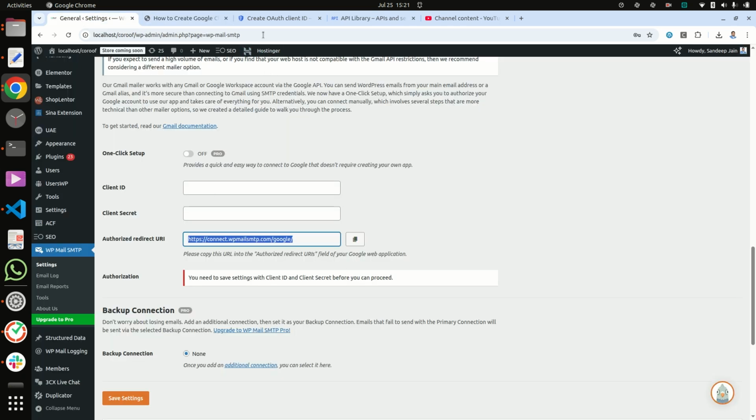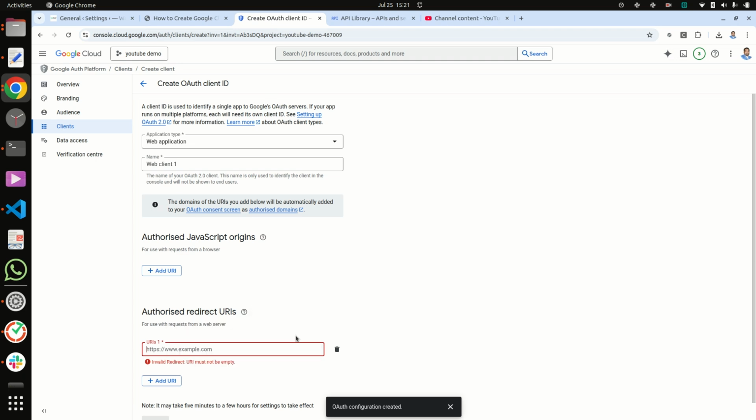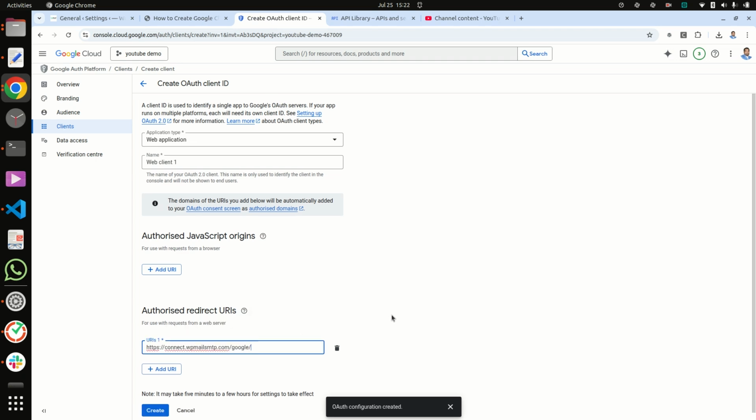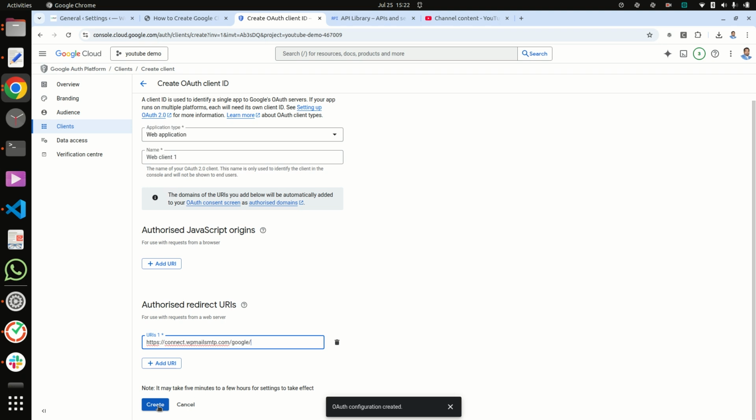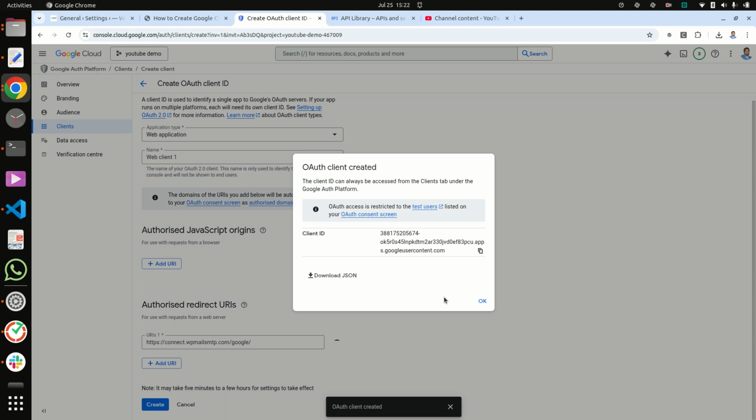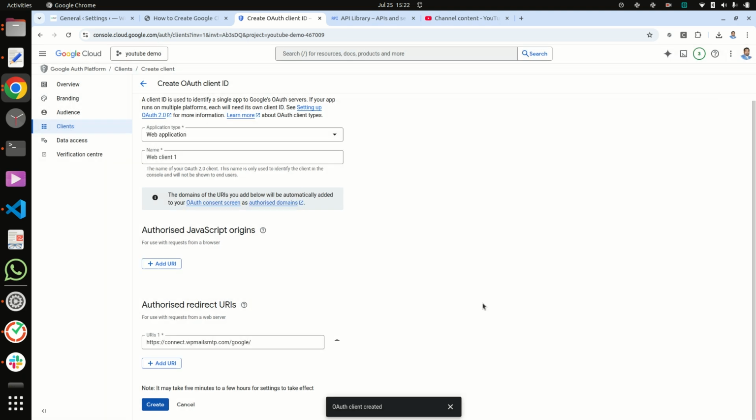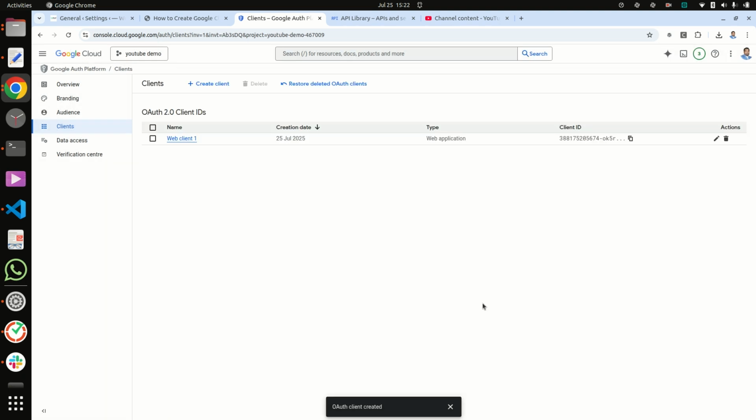Copy the redirect URL and then paste, and then create. This is the client ID, and you also want the client secret. So don't worry, I will provide it.